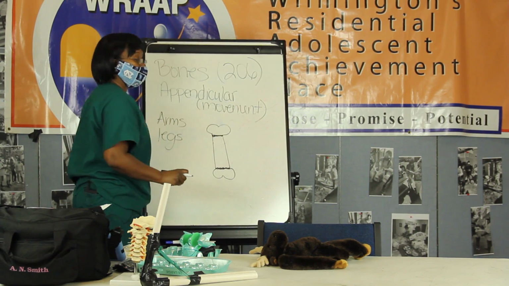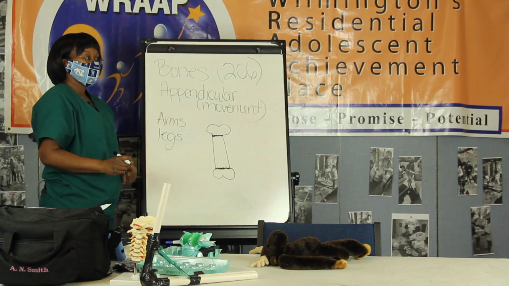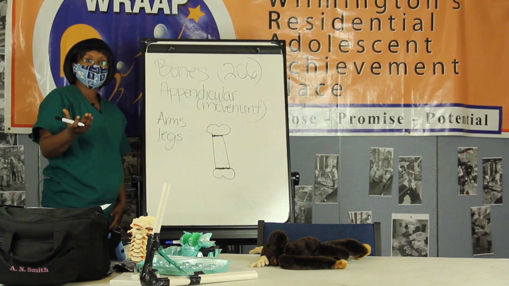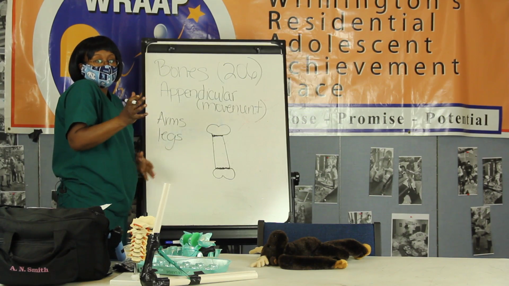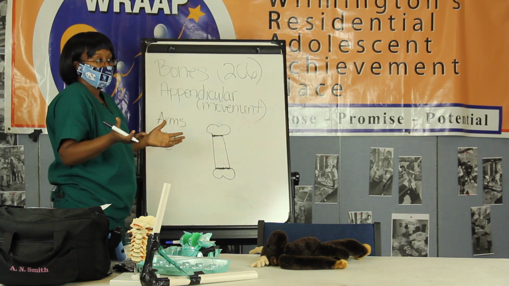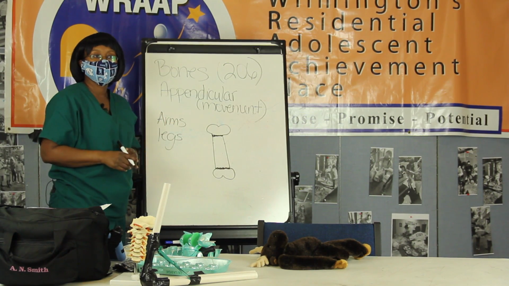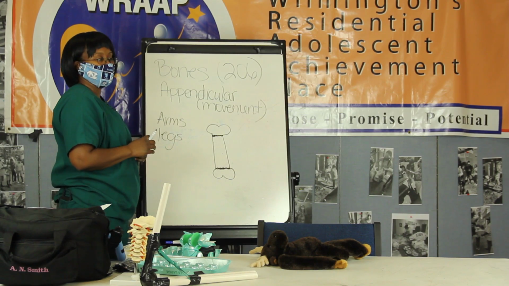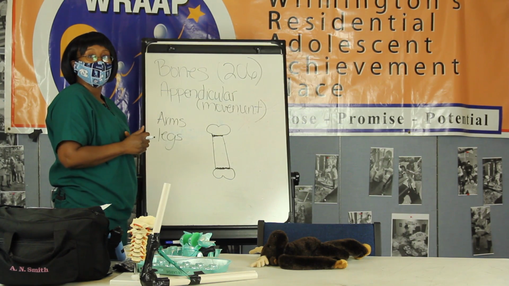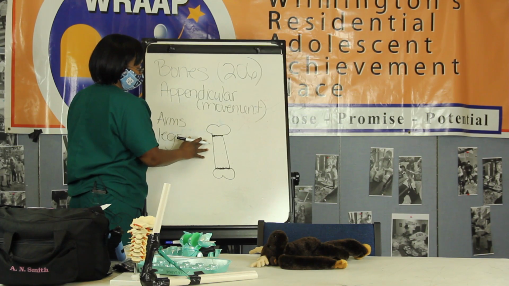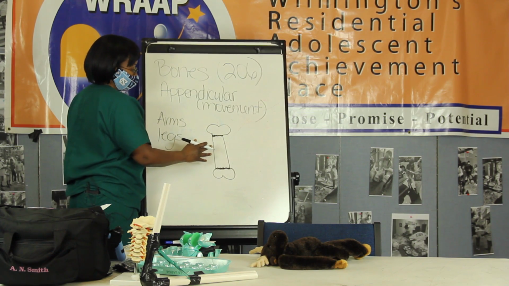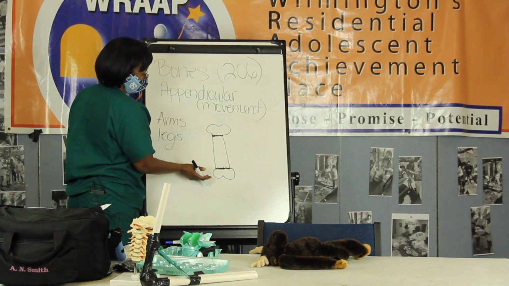If you go to an orthopedist, they will look at that. They may put you in some type of splint, or it just depends on where it is, what bone. But they're usually pretty confident that it's going to heal and heal quickly. So these bones are called long bones because they grow longer.